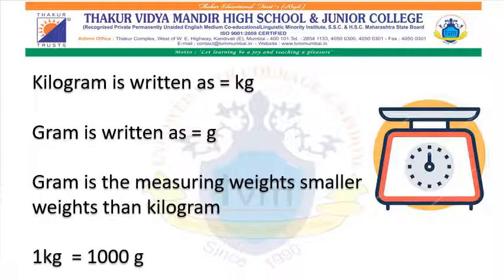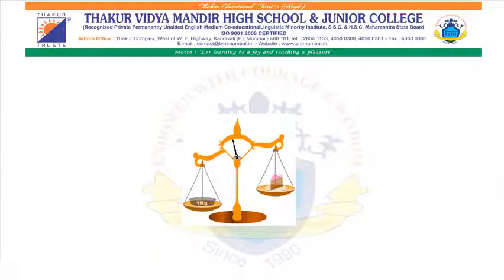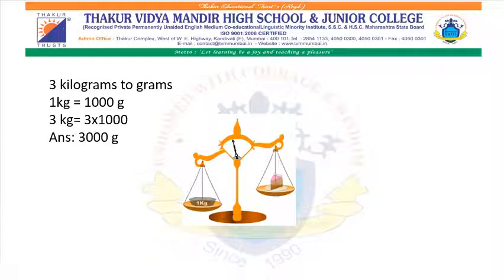Suppose you go to a vegetable vendor or a fruit vendor, both these people also use grams and kgs to give you fruits. They give you 1 kg of apples, right? What they do is put that 1 kg weight in one pan and on the other side they put the apples. When both of them are equal, he will give you that amount of fruits. Understood? Now 1 kg is equal to 1000 grams.